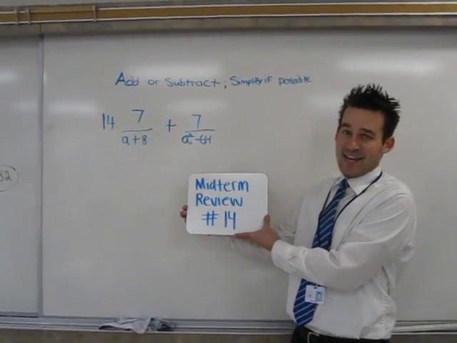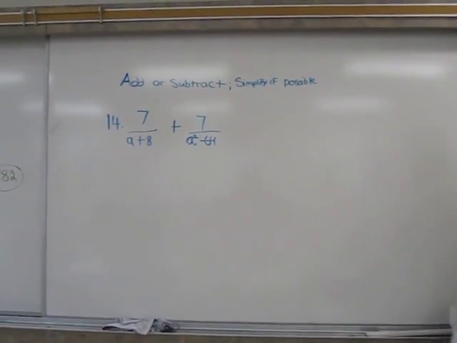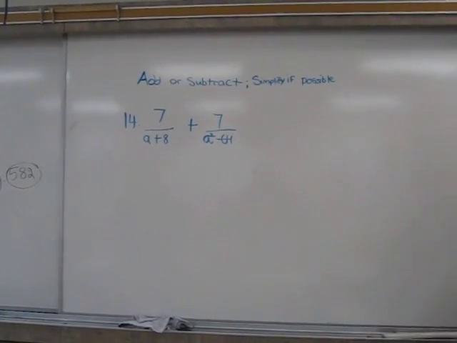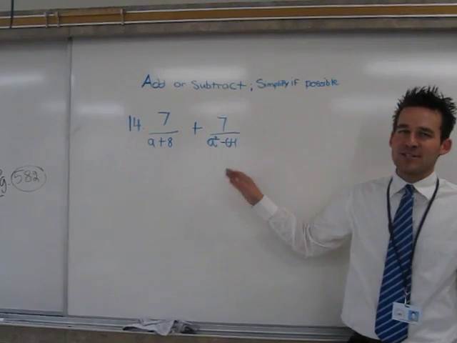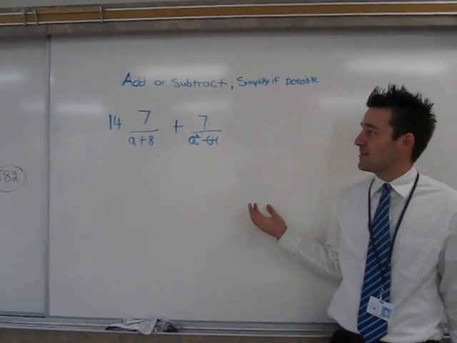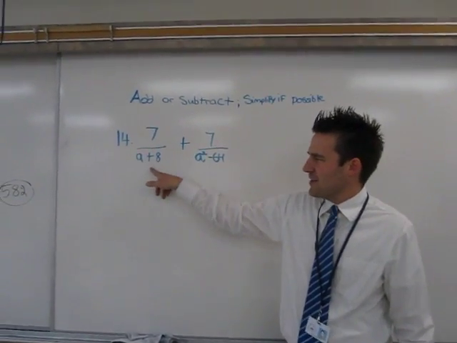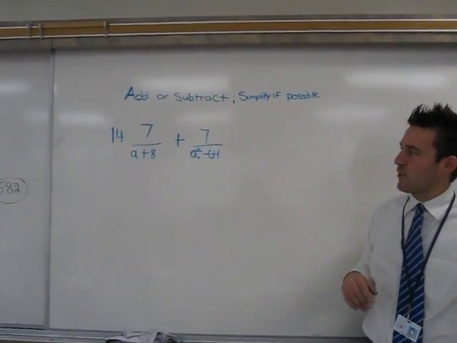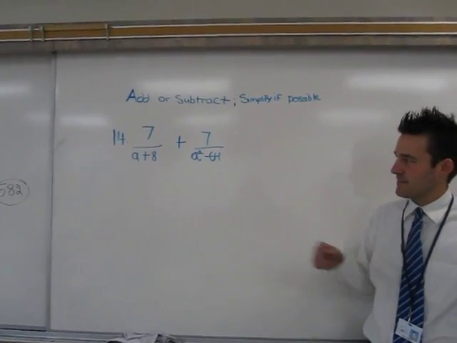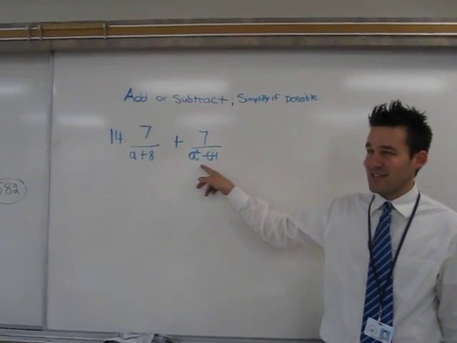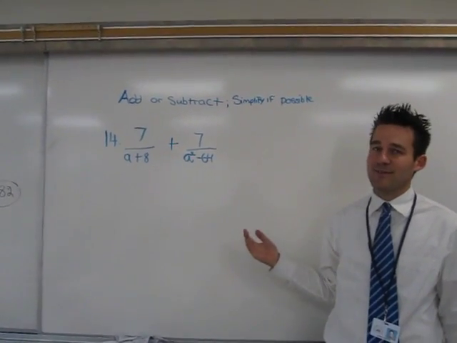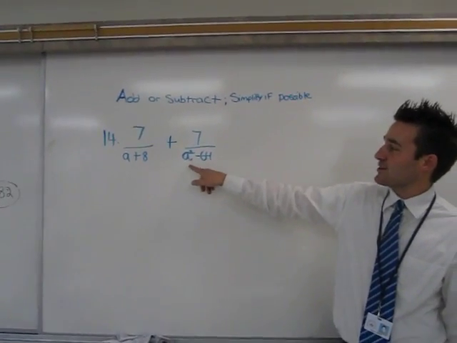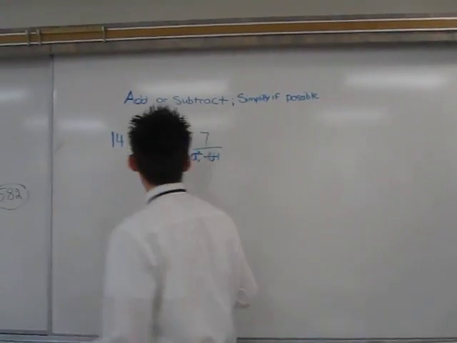For number 14 of the midterm review packet, we have to add or subtract and simplify if possible. In order to add fractions, they have to have a common denominator. Right now we have a plus 8 as the first denominator, and a squared minus 64 as the second denominator. Now you may notice this is a certain type of binomial. In fact, it's a difference of squares. So you can factor a squared minus 64 as